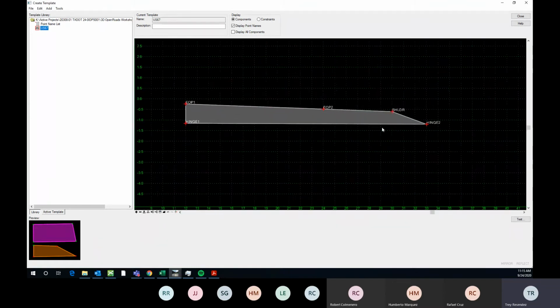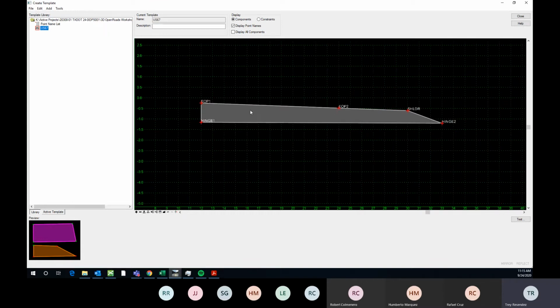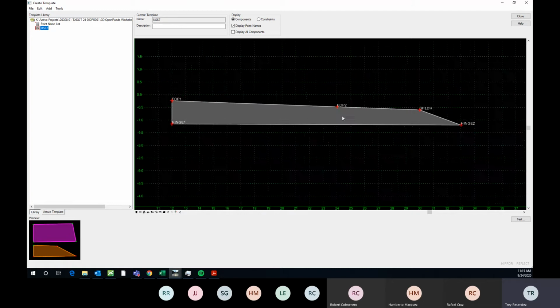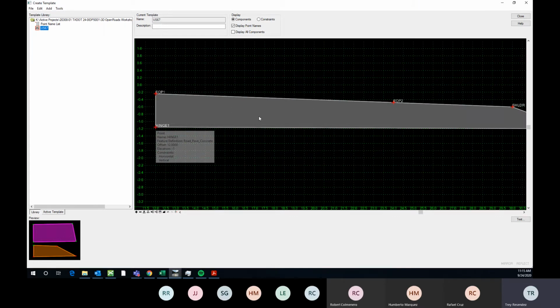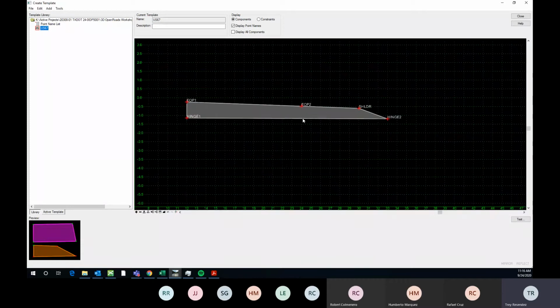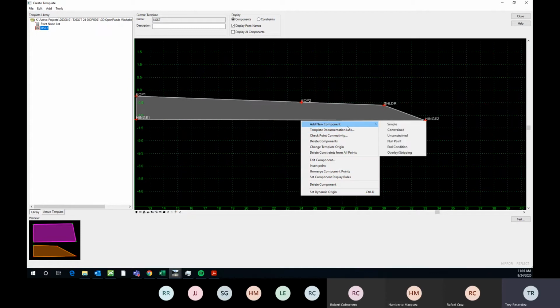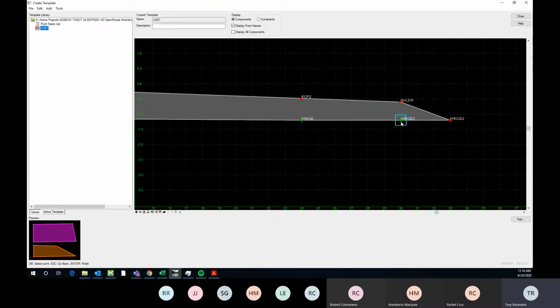Now what I'm going to do is add points here at this edge of pavement and at the shoulder, so we can have the correct depth throughout. Because if you can see this taper, let me see, what is this? Yeah, that's the correct dimension. But something doesn't look right here. So I'm going to add intermediate points under the edge of pavement and under the shoulder, and make sure that everything's looking right. So I'm going to insert a point, insert another point,